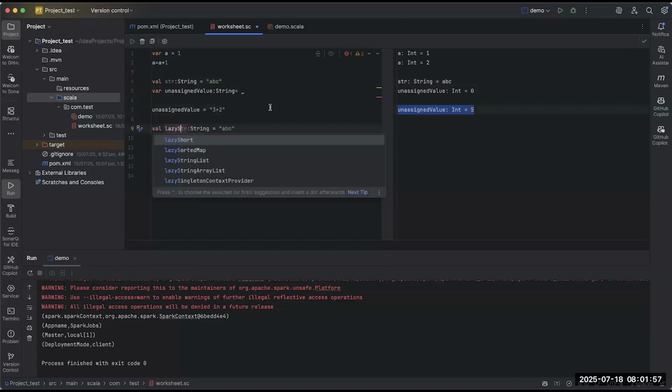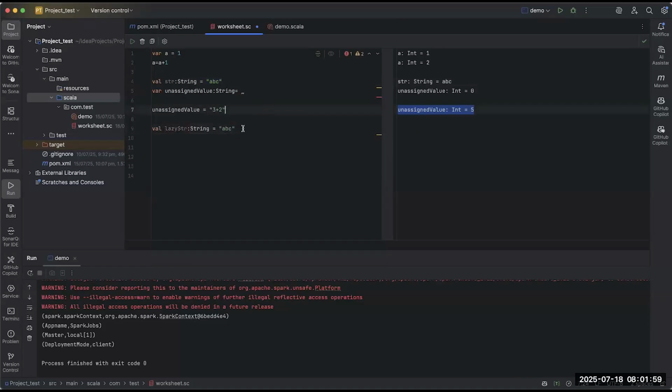Let's run it and see what is up. Oh, I have not given it lazy. See, now it has assigned the value, right? String. But now let's give it lazy.